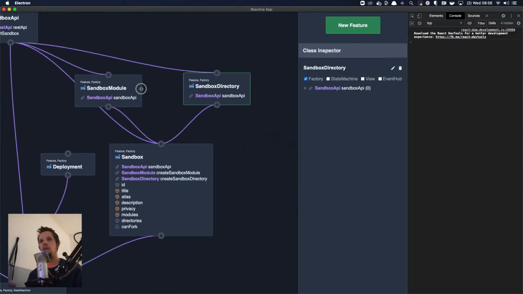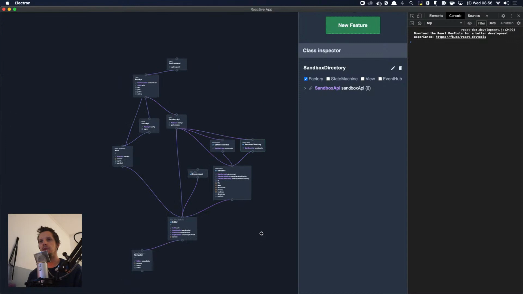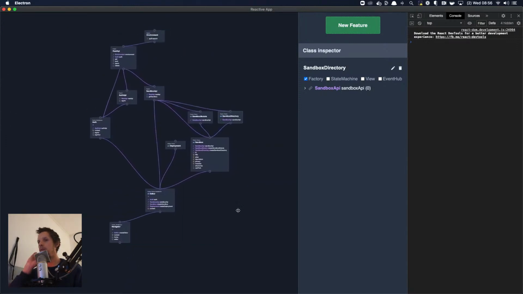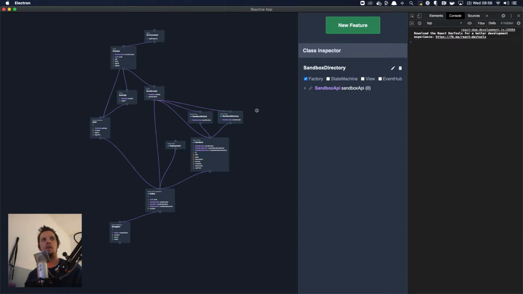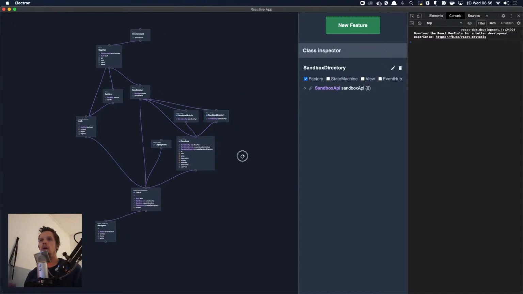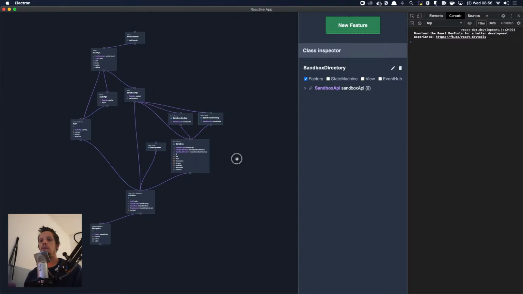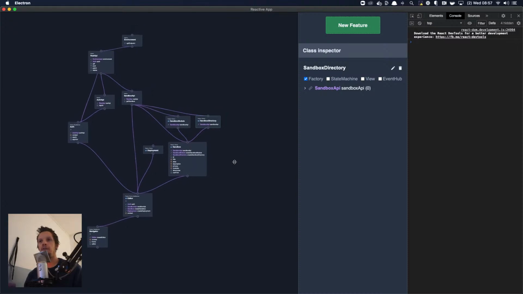Let's move these a little bit again so we get a better view. Okay, cool. One thing I was thinking about, I saw this tweet about XState, and there is work on a UI editor for XState. You can imagine something like Codesandbox being built with XState. It's technically possible,